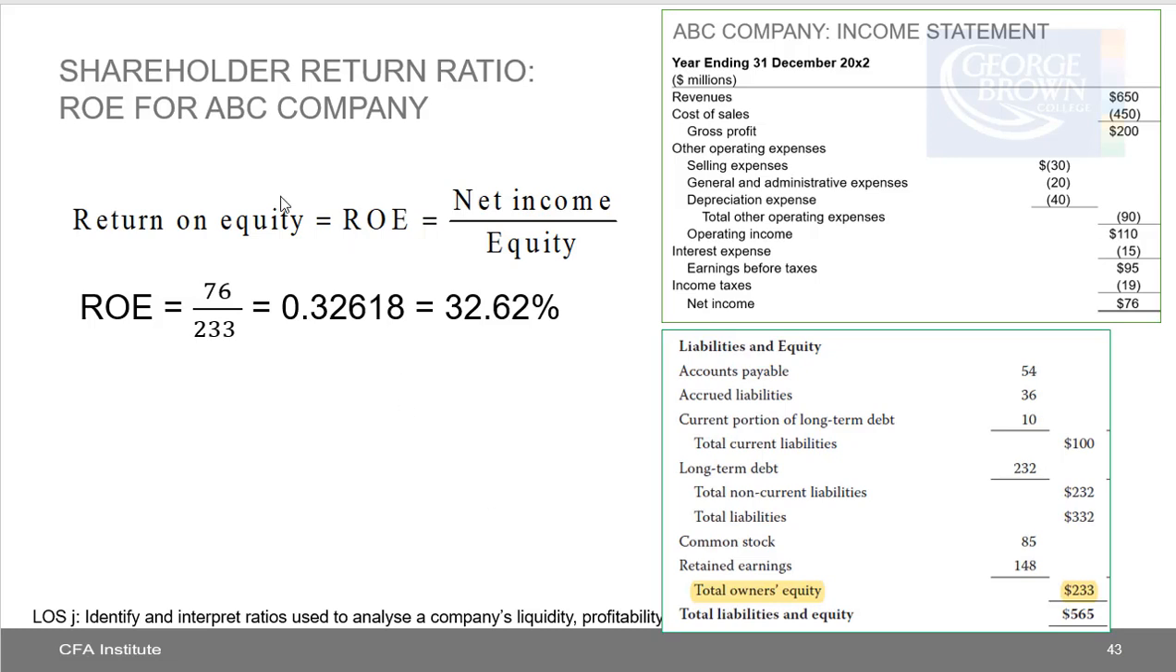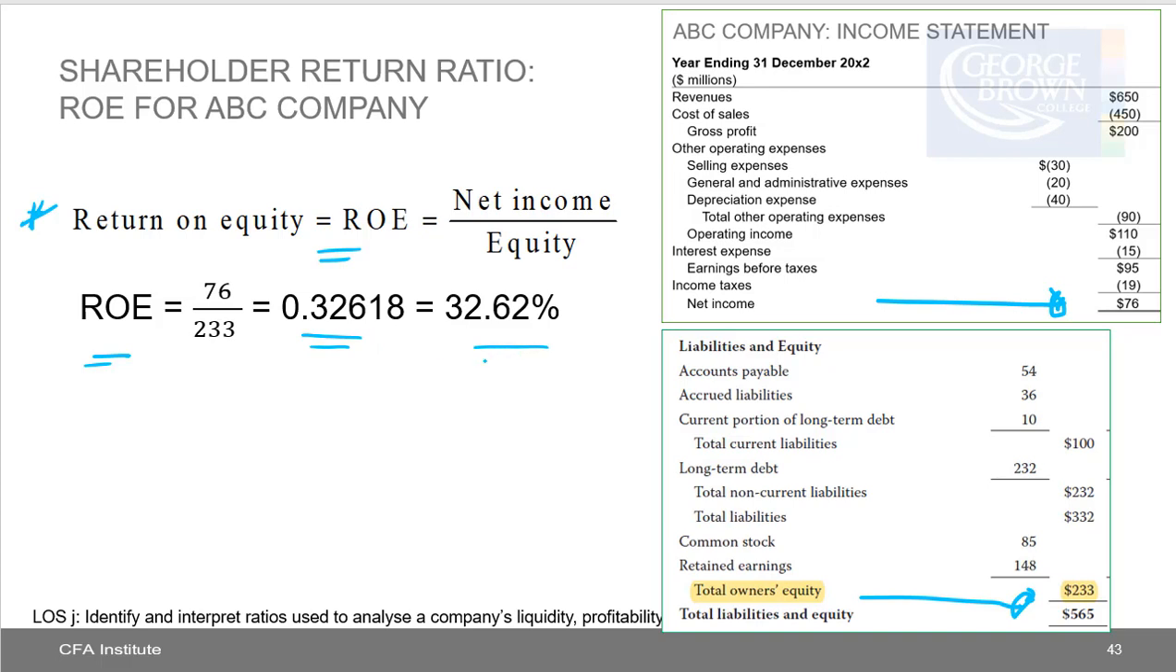So now we're moving on to shareholder return. And the formula that we have here is return on equity, okay? And the ratio is net income divided by equity. Net income we get from the income statement, and equity we get from the balance sheet, okay? So the return on equity, net income divided by equity, 76 million divided by 233 million gives us